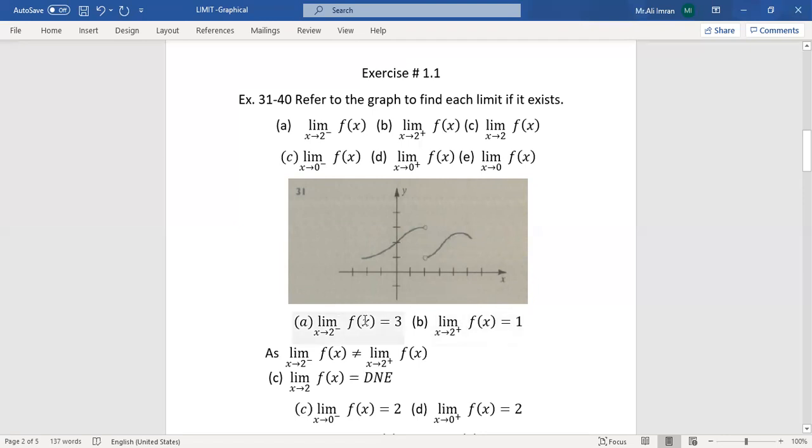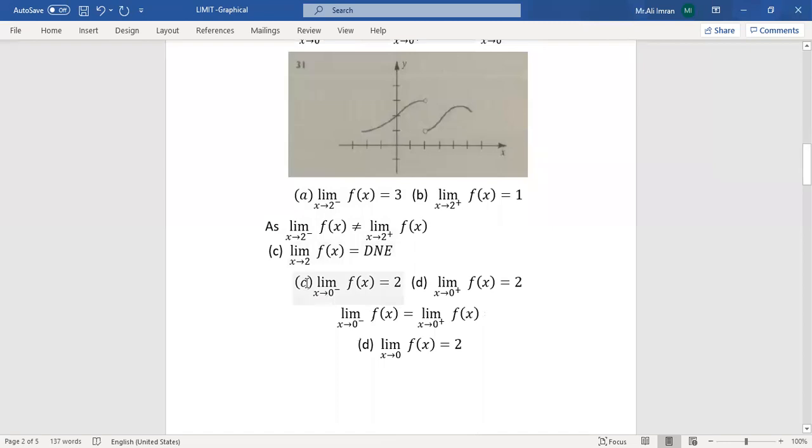a limit will exist if left hand limit is equal to right hand limit. Here, left hand limit at x is equal to 2 is not equal to right hand limit at x is equal to 2. So our C part will be does not exist. Now we find the D part,